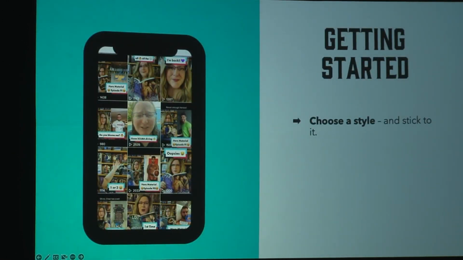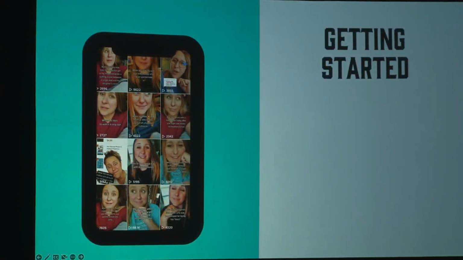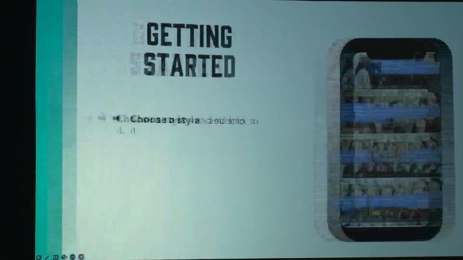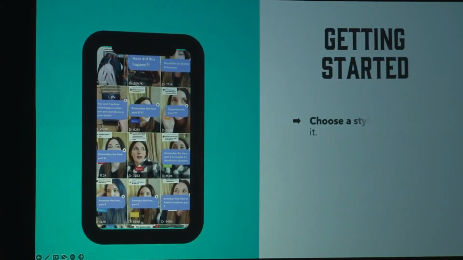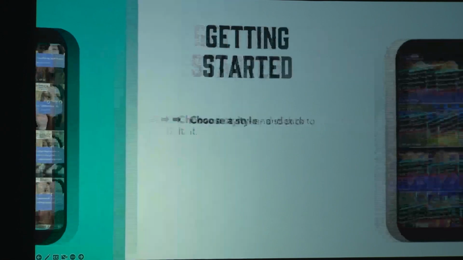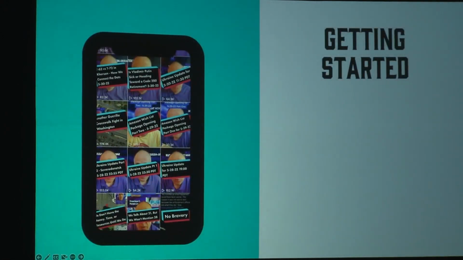So this is Jane's page. Look how similar all her posts look. This is Amy Dawes, who's brilliant, very funny on TikTok. And again, she has a style. You immediately know what it is. It's like a brand. That's how it works, I guess. This is Caroline Peckham, who I mentioned earlier. This is a guy I follow who talks about military matters, Ukraine a lot, and even he is very recognizable, wears the same t-shirt every time he posts, so this guy knows how TikTok works.